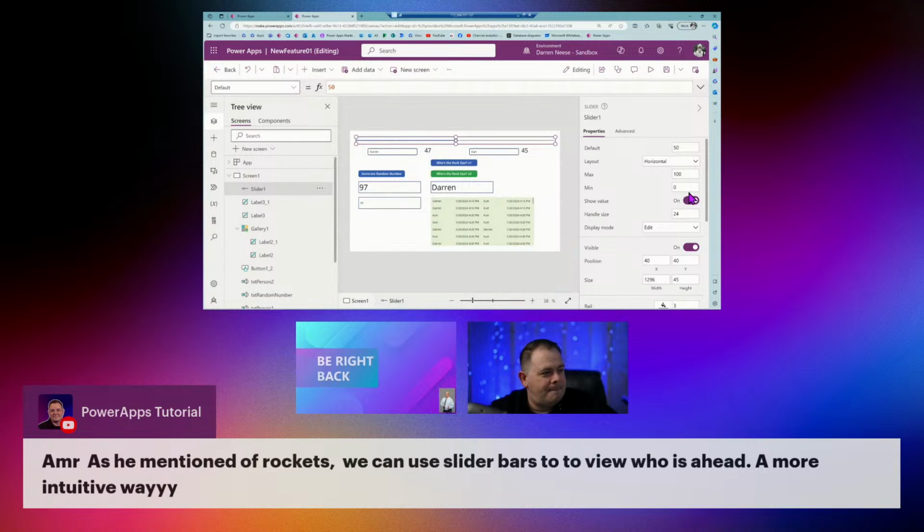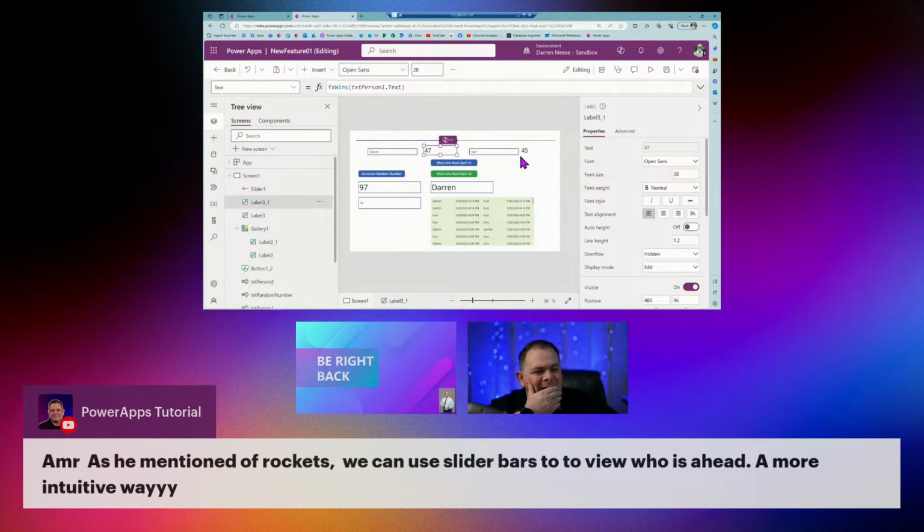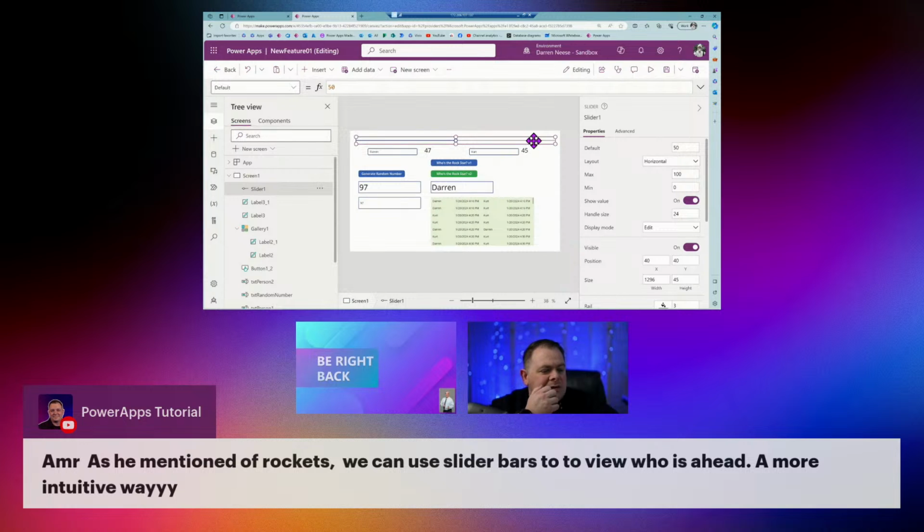I'm going to say 0 to 100. So the amount of times that I click on it, I'm going to click on it a few more times, and then this dot should move around.